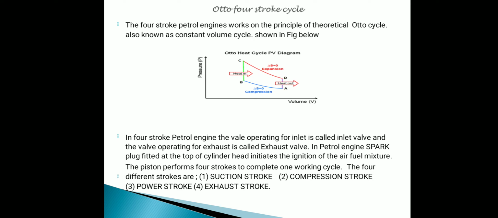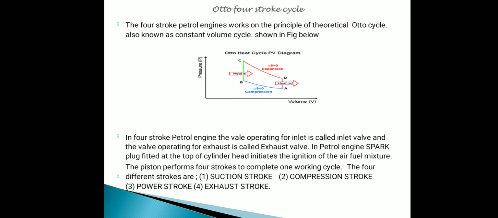The main difference between the Otto and diesel cycle is the heat addition process. In the diesel cycle, heat addition takes place at constant pressure. Then C to D is the expansion process, also an isentropic or adiabatic process. Then D to A is the heat rejection process, which takes place at constant volume. All those processes